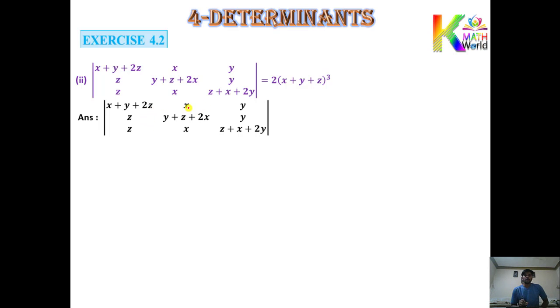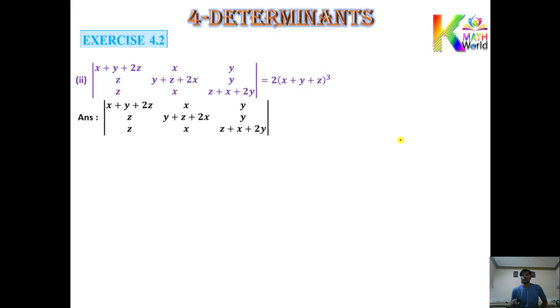Okay, so here you can see x is there. Here you can see y is there. So if x is added to this one, then here it will occur twice x. If this y is added to this one, then here occurs 2y. It means you got 2x plus 2y plus 2z. Then afterward you can take out 2 common and then left x plus y plus z. In short, you need to add this column to the first column. Moreover, you need to add this last column to the first column.